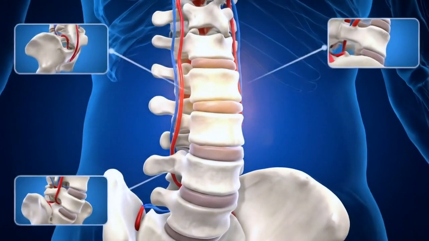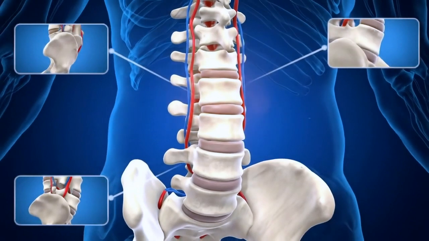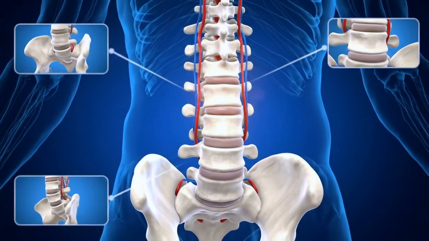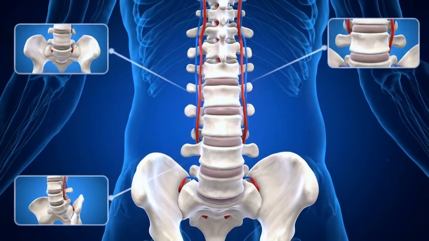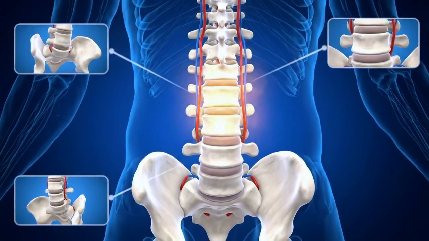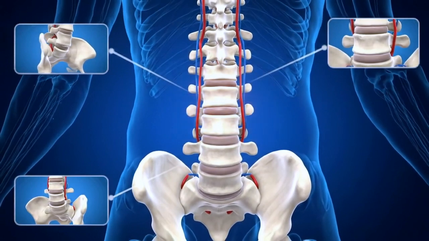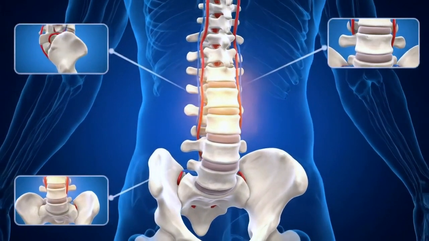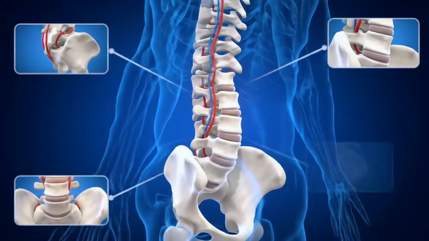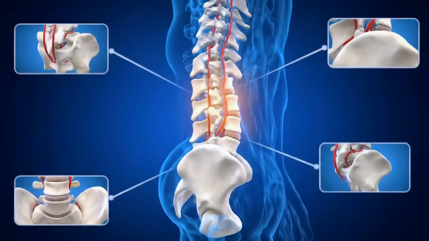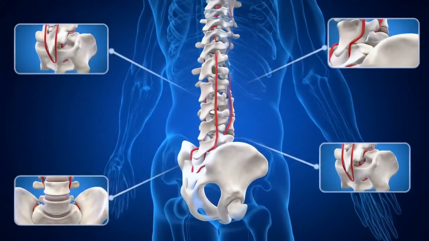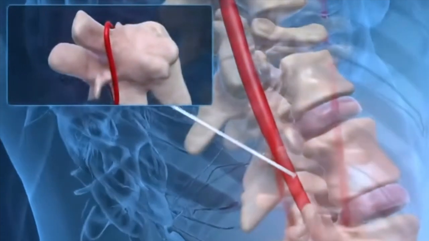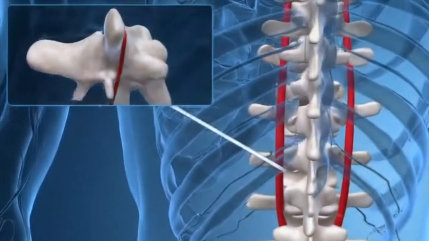Surgical treatments. Surgery is usually considered only when conservative treatments have failed and the symptoms are severe, significantly impacting your quality of life, or if there are signs of severe neurological deficits. The goal of surgery is to decompress the nerves by creating more space in the spinal canal. Laminectomy. This is the most common surgery for spinal stenosis. The surgeon removes the lamina, the back part of a vertebra, to widen the spinal canal. Laminotomy, only a small portion of the lamina is removed to relieve pressure at a specific point.